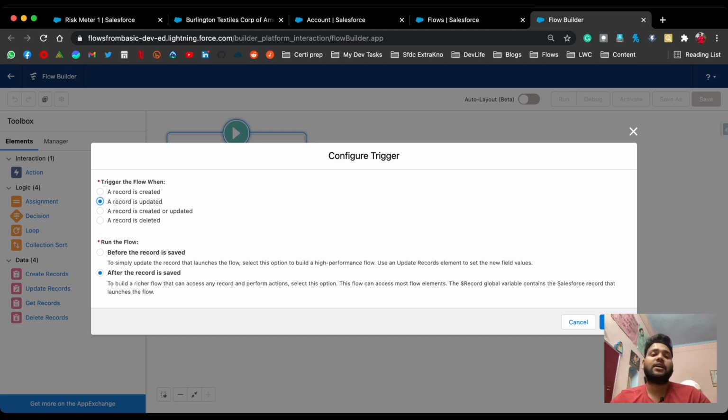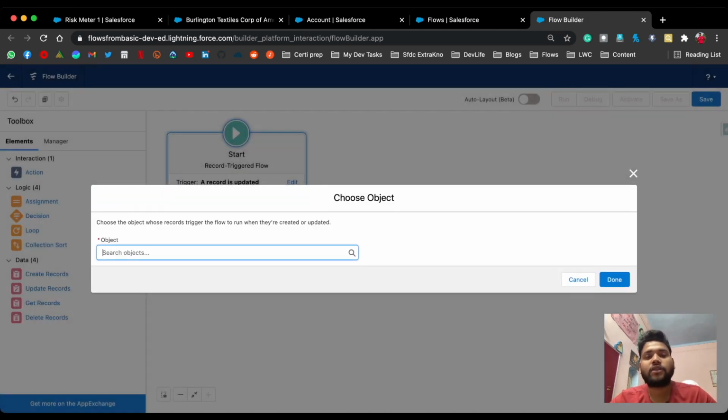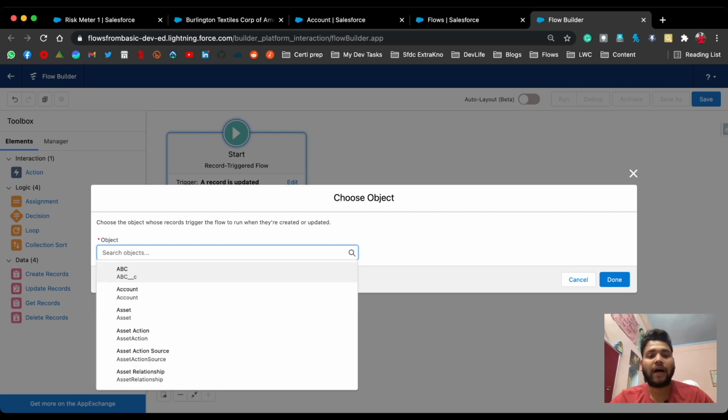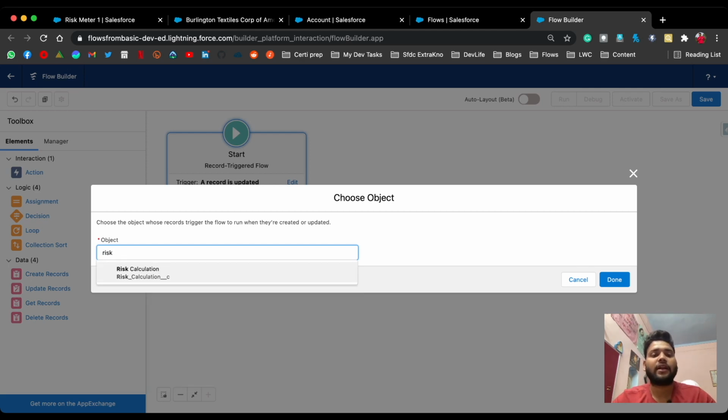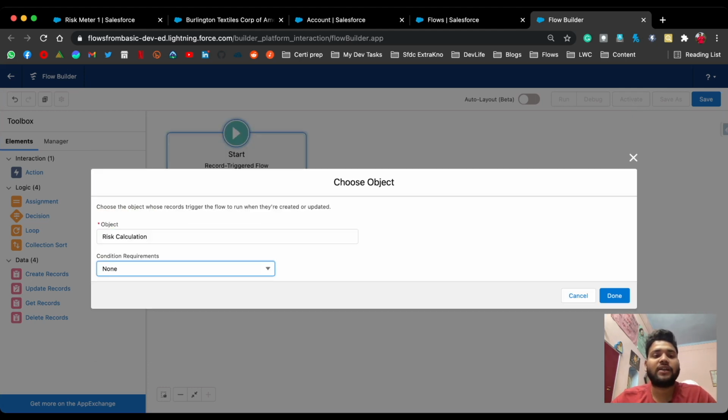Click Done, and select the object. Our object is Risk Calculation, because on the basis of Risk Calculation fields we are going to update the field of the parent record. Here we are not going to select any condition, because you can't check here whether your field is changed or not. Simply click Done.